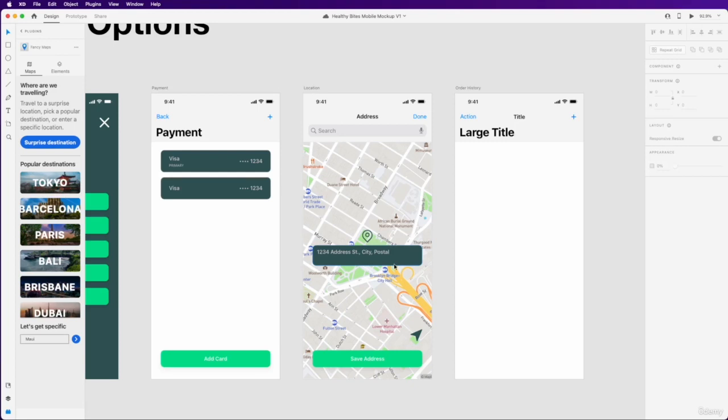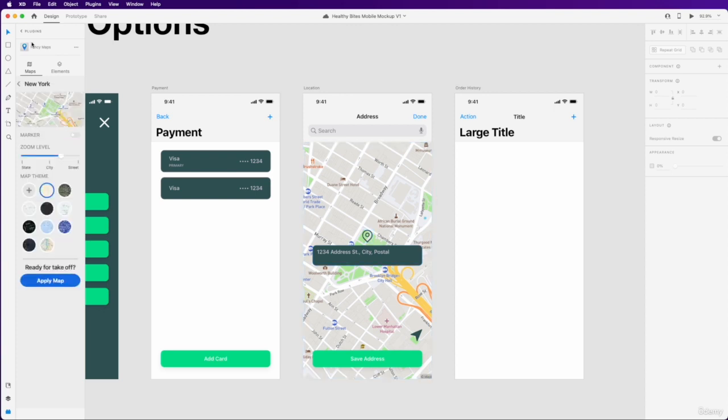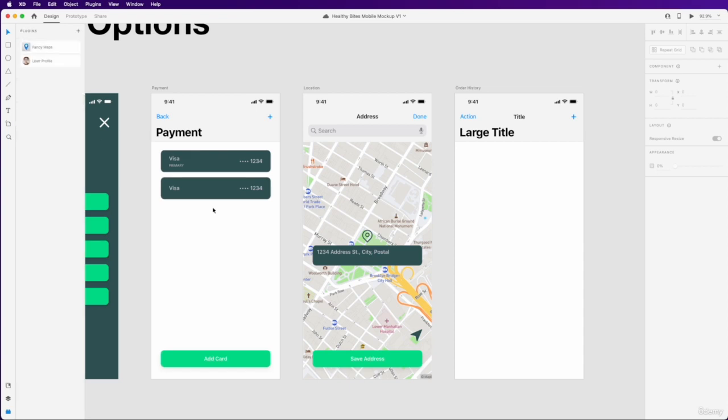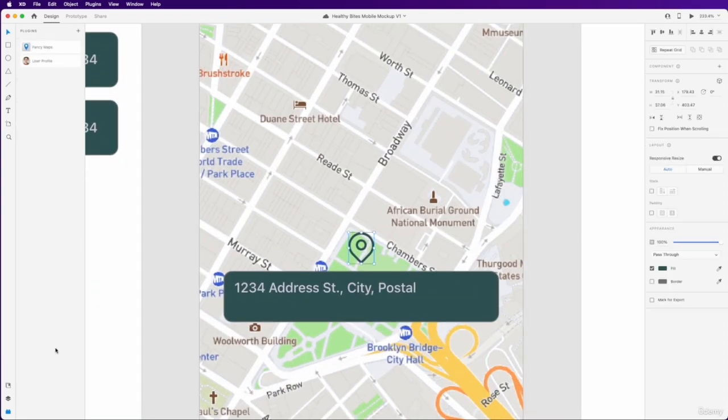We're ready to complete our location page. So we just need to add a few shadows here to separate the foreground from the background, and we should be good to go. First things first, I'm going to go out of the plugins there and zoom in, go to our layers panel here.